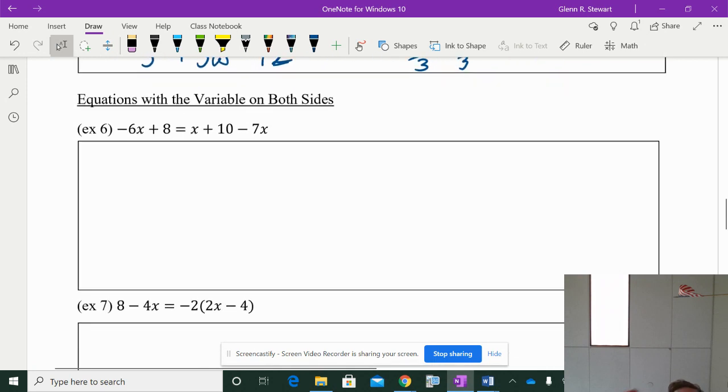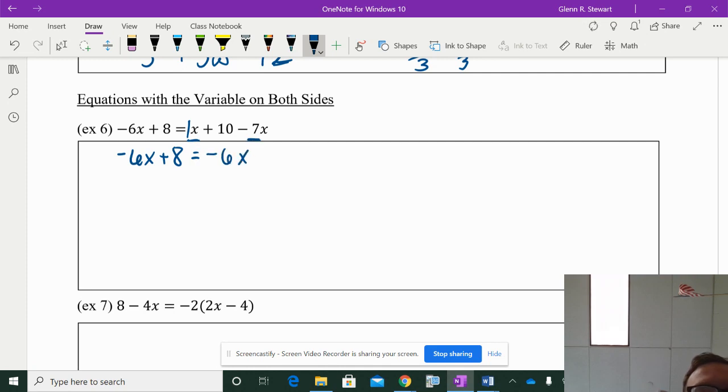Sometimes equations will also have variables on both sides. We want to make sure that we combine like terms first, move all the x's or y's or anything that you're working with over to one side. So for instance, I'm just going to make this negative 6x plus 8 is equal to, this is 1 minus 7, so negative 6x plus 10. If I add 6x to both sides to get those to work,